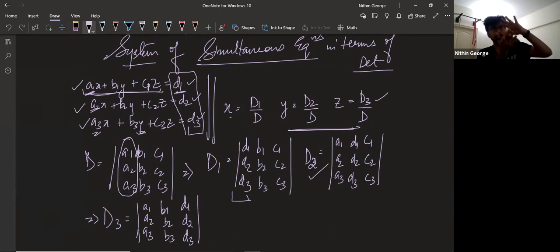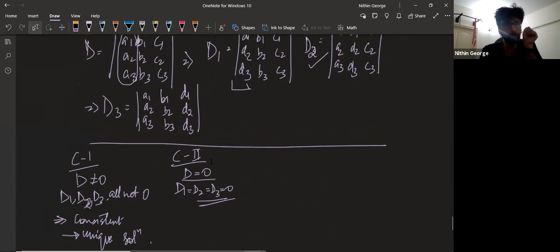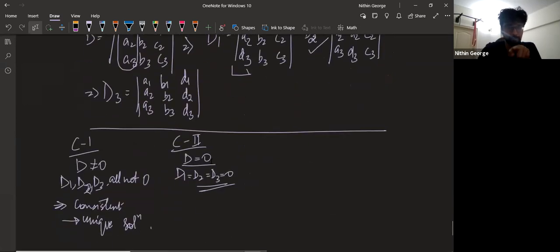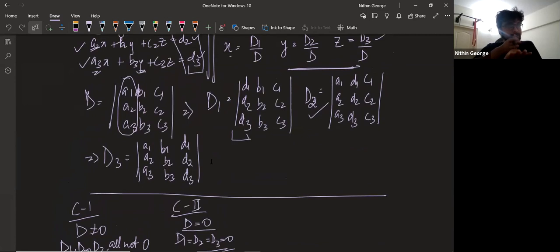And then they all pass through the origin. You can imagine planes like that passing through the origin. Now, degree 1 passing through the origin, and they are all parallel. Why do I say they're all parallel? Because D is equal to 0. Or at least 2 are parallel. If 2 are parallel and they go through the same point, you're talking about the same plane. Now, it's given that the third plane also goes through the origin. If this condition is satisfied, it intersects at a line.